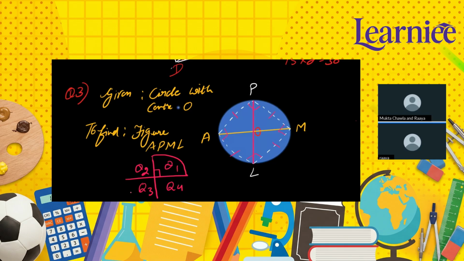This is also a sector, but since it is of 90 degrees, we are not using the word sector. What is a sector? Basically, the region between two radii and an arc. But here we are using the word quadrant since we have a 90-degree angle, right? So first quadrant, second quadrant, third quadrant, and fourth quadrant, four parts of a circle. Now, if these quadrants are equal, since the diameters are bisecting each other, the arcs would also be equal, right?